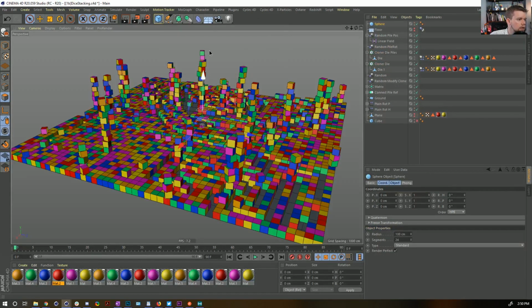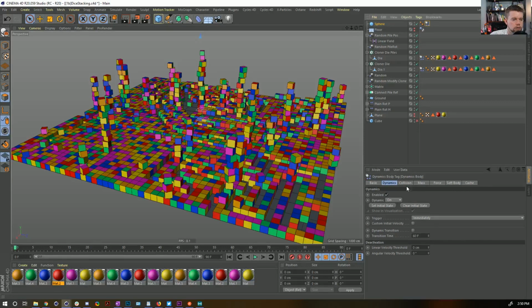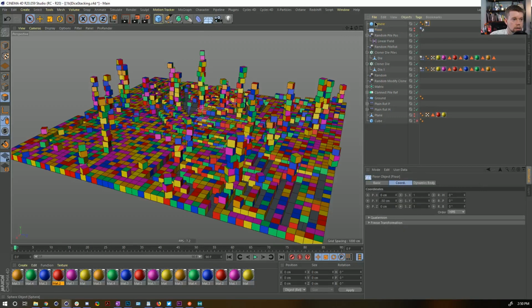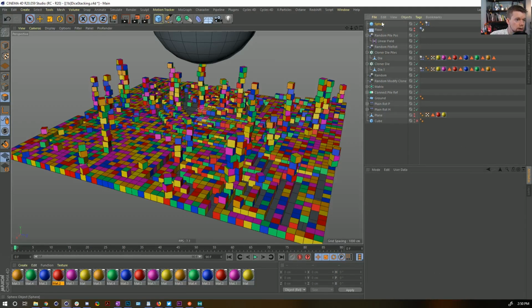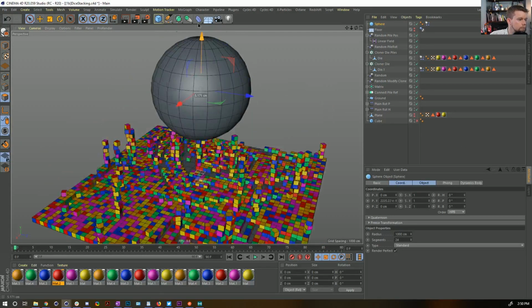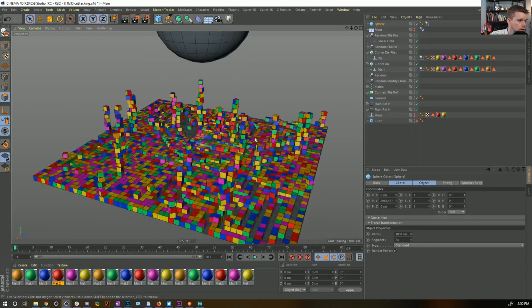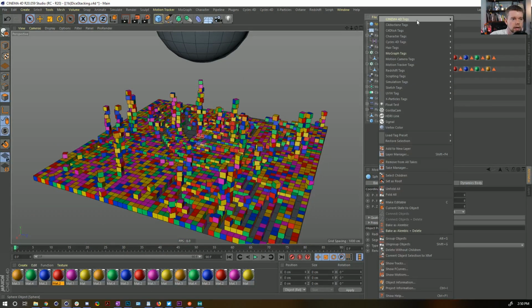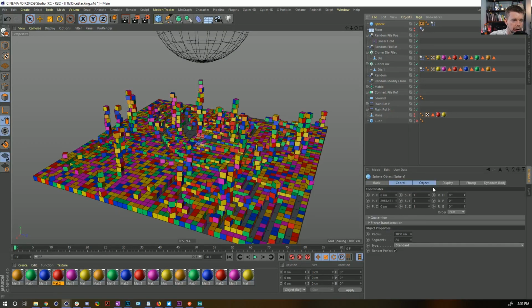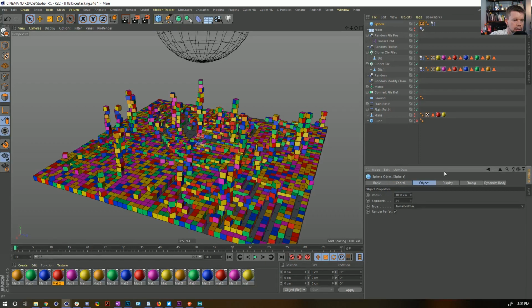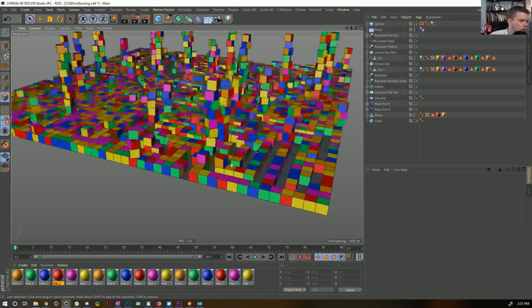A sphere is the obvious thing. Make it dynamic. Tell it to be automatic. Make it big. 1,000. And let's add a display tag. I'm going to turn it into a wireframe so we can see through it. And I'll make an icosahedron. Yay! So we have our peaceful